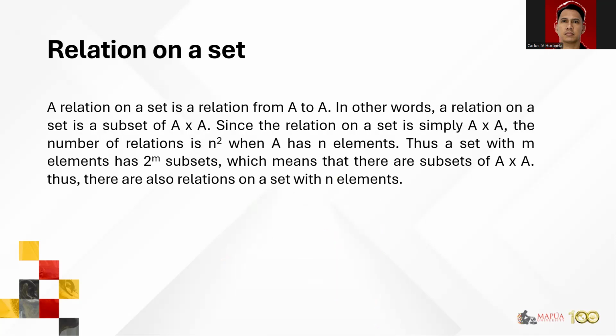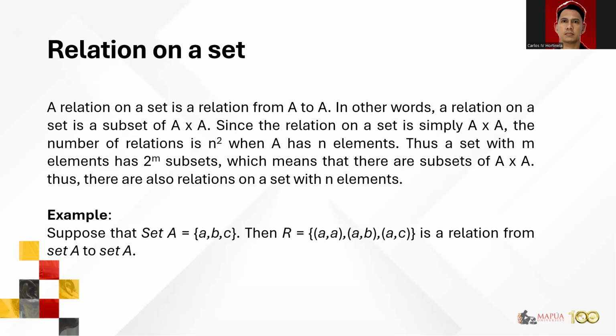Note that you can form a relation from set A to set A, meaning you group together elements that are both taken from the same set, which means it becomes a subset of A times A. So when you form subsets of A times A, you will notice that the maximum groups that you can form would be equivalent to the product of the number of elements coming from set A. For example,